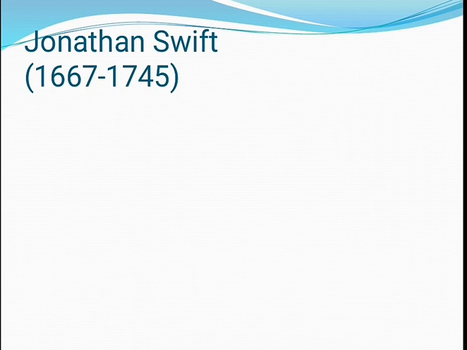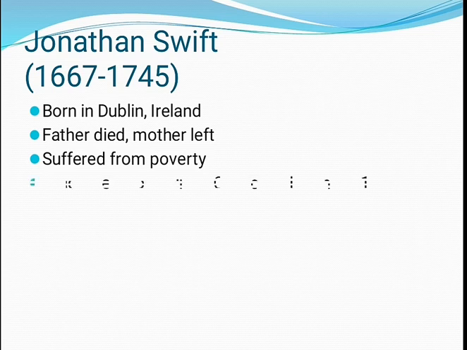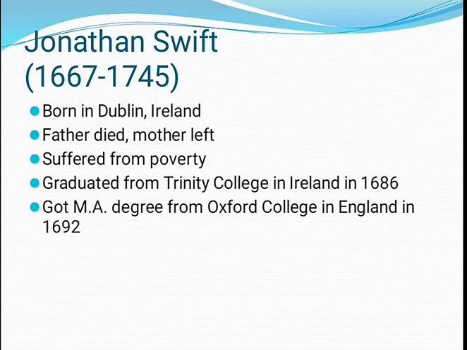Jonathan Swift. Let's see about the life of Jonathan Swift, who was born in 1667 in Dublin, Ireland, and had a very miserable life. See, his father died and his mother left him. He suffered from extreme poverty. He graduated from Trinity College in Ireland in 1686 and got his master's degree from Oxford College in England in